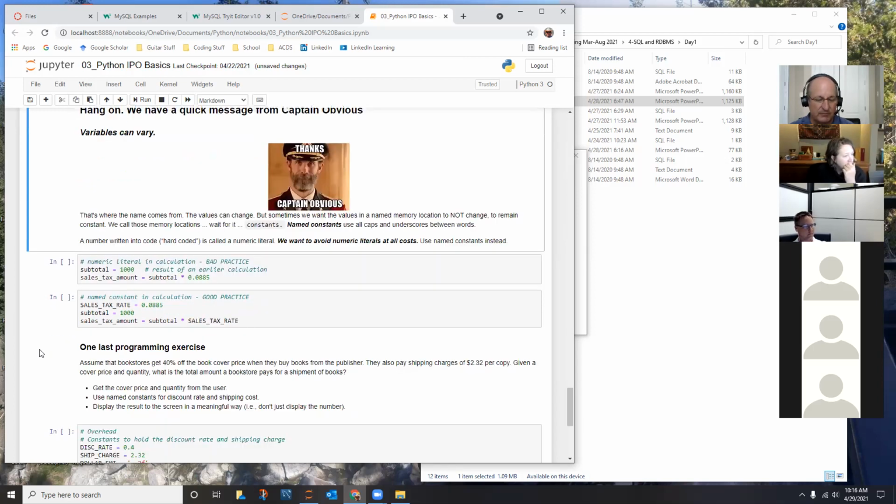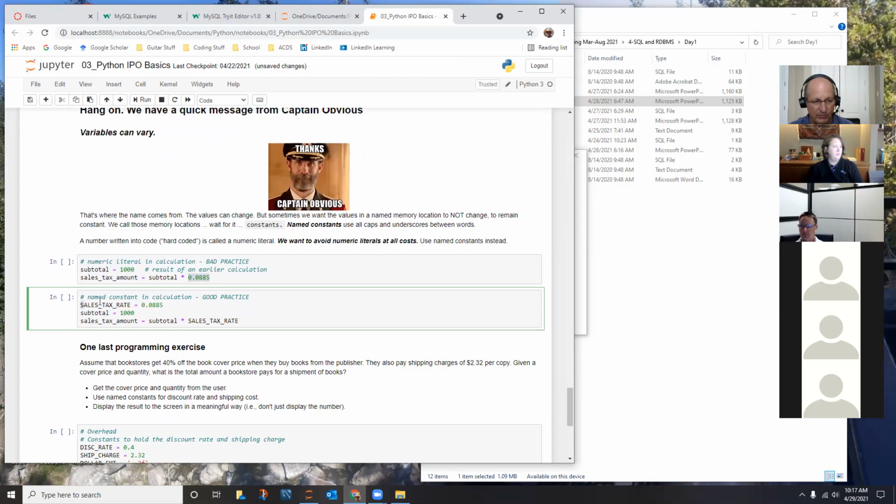This is just reiterating magic numbers in your code. Try and avoid them, because like this 0.0885, you'll forget why that was magic. You'll forget why that number meant anything. So it's better, that's all we're going through here. The only point we're trying to make is it's better to assign it somewhere and then use sales tax rate, use the identifier sales tax rate in the rest of your programming, so that you only have to